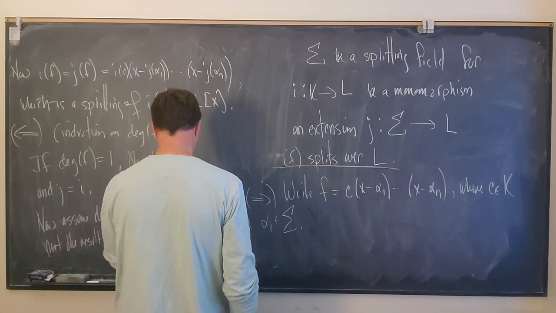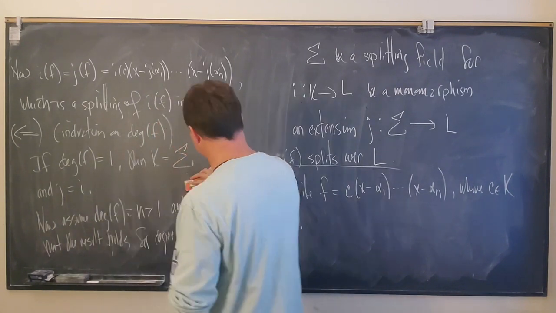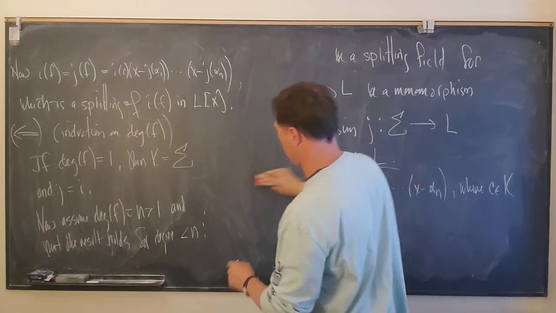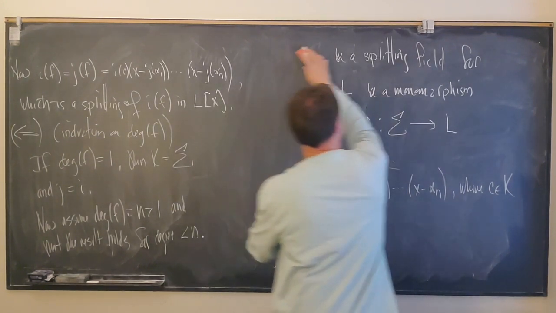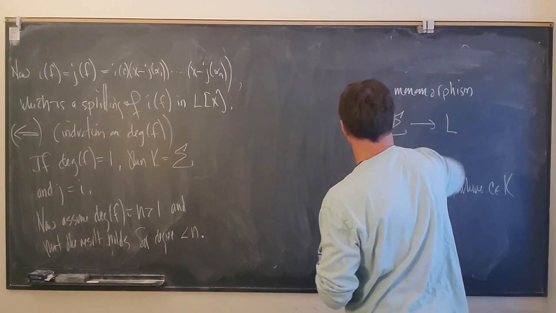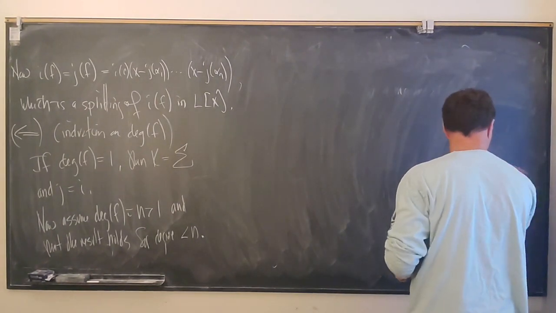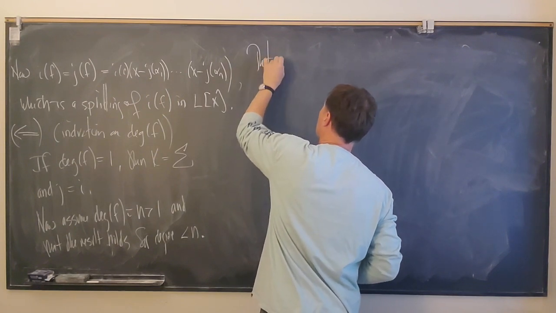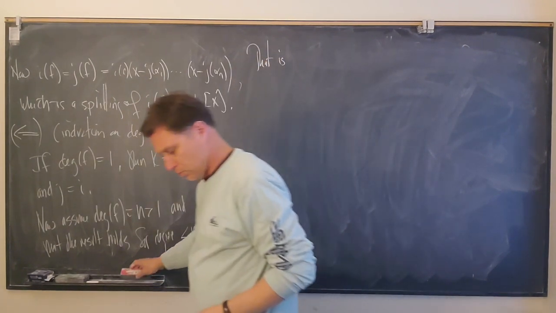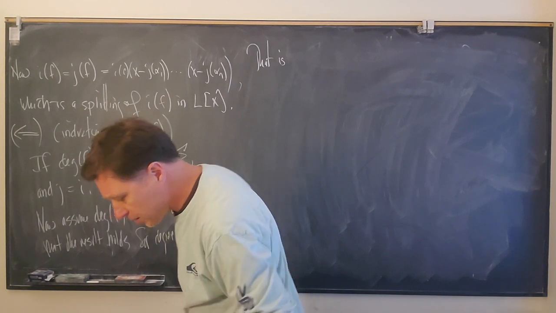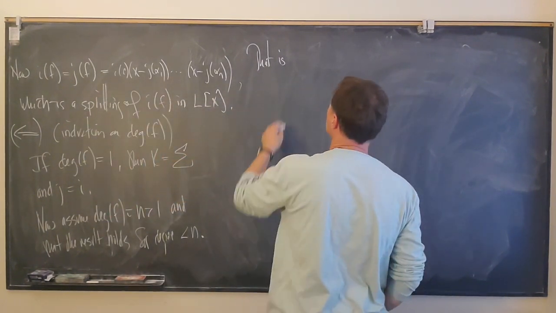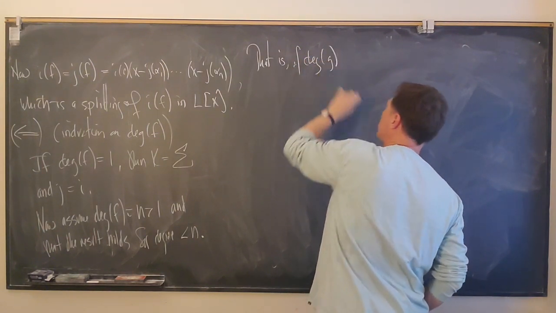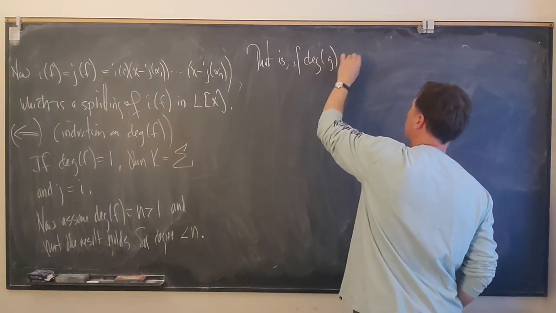Let me actually spell out what that means. That is, if the degree of G is strictly less than n,